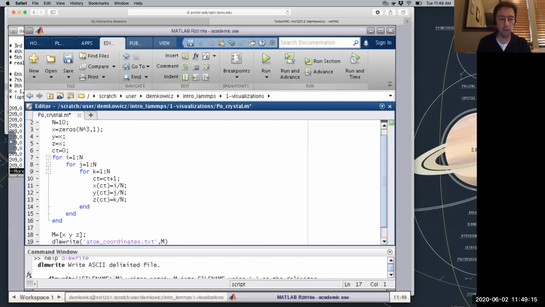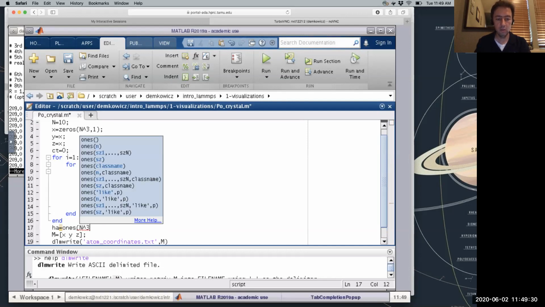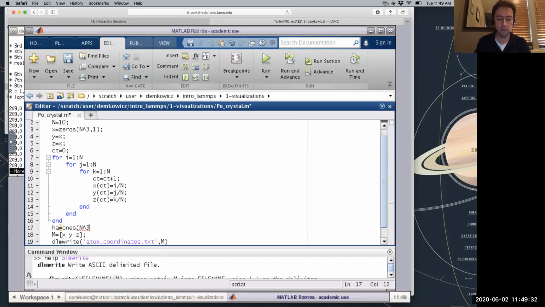Let me define for myself a little helper array. I'm going to make it a vector of ones, and cubed. So this is a vector that contains only the number 1, just a bunch of 1s. And I'm just going to do HA times 0, so I'm turning those ones into zeros, HA times 0.